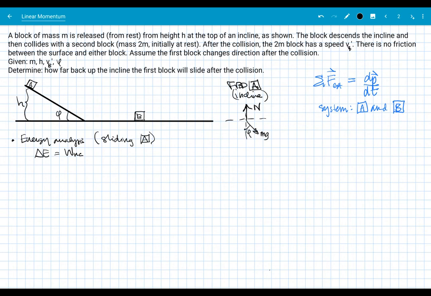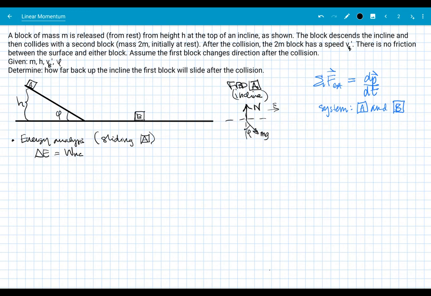and we know that angle. And that's it. There's no friction at the interface. There's nothing else touching this block, right? So the only non-conservative force is the normal force. And because my displacement is at 90 degrees from the normal force, there is actually zero work done by non-conservative